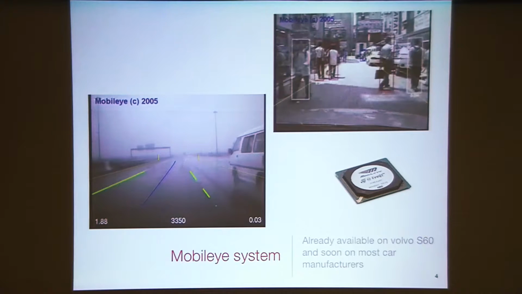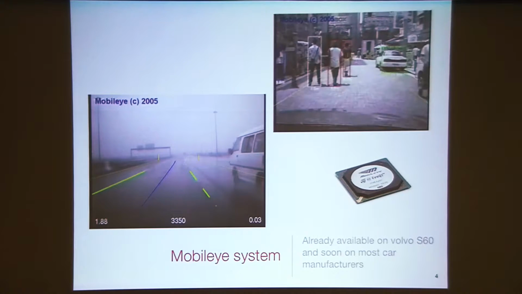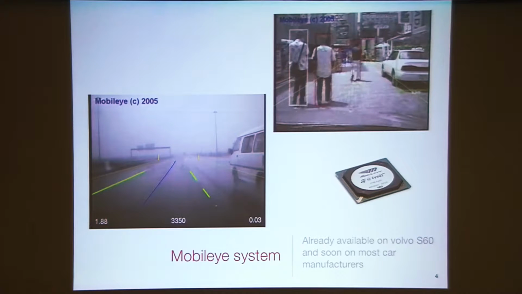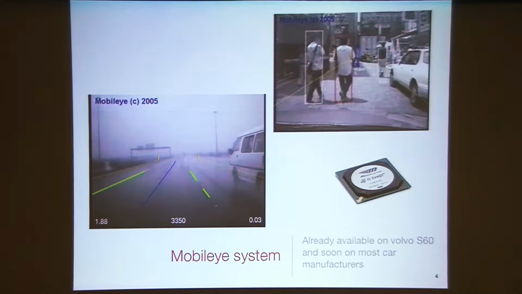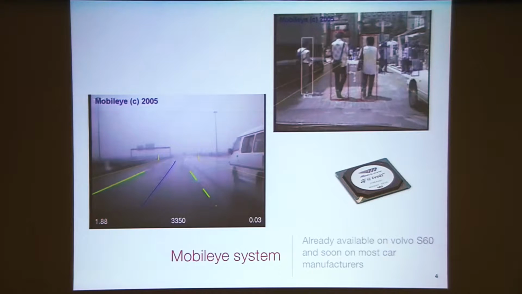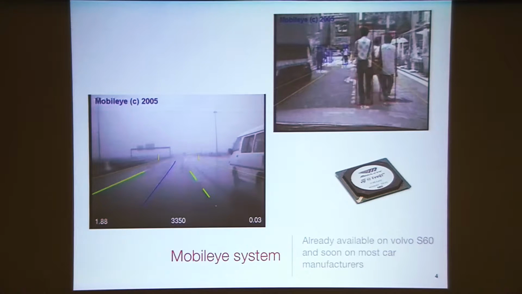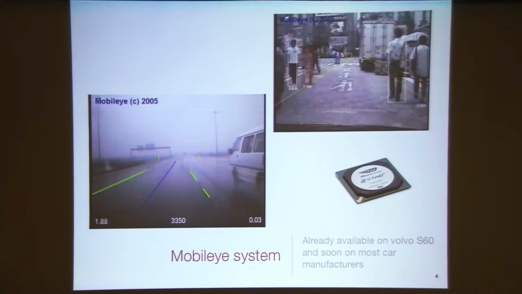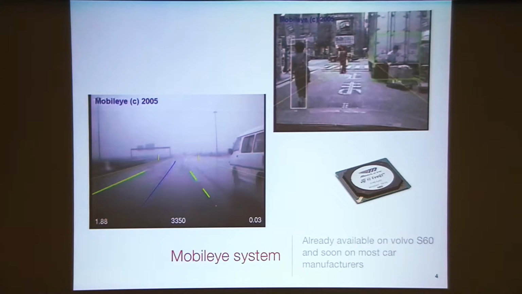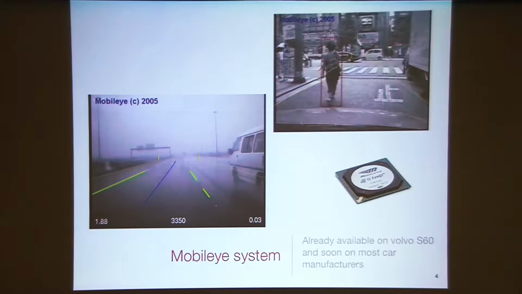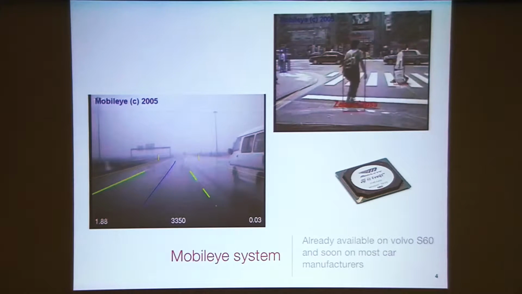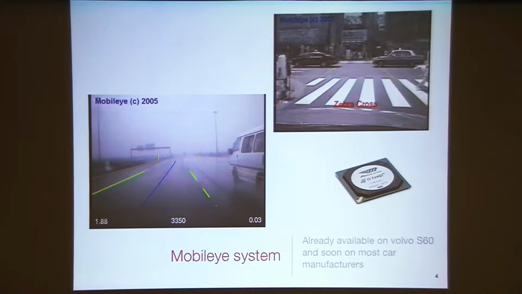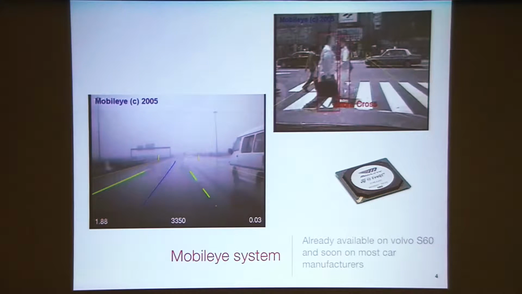So the system is reliable enough that, when combined with a radar sensor, it's actually running on fairly high-end cars. I think it's already available on the Volvo S60, and I think the company says that it's going to be widely available in the next couple of years on additional car models. The point is that the system, again, it's not just vision, it's combined with a radar sensor, is reliable enough that the company was willing to essentially hook up the brakes to the system, so that whenever the system detects a pedestrian at a distance which is too short for the driver to brake, the car will brake for the driver.